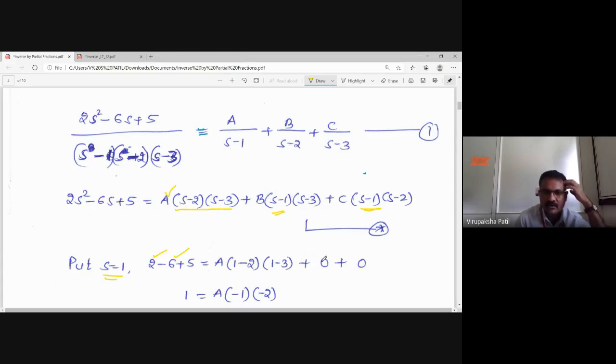Then we have written this directly 0, 0. Actually, this is b into, you will get a 0, then you will get c into, you will get a 0. Because if you put s = 1 here, 1 minus 1 becomes 0, and 0 into this is completely 0. This completely becomes 0 when you put s = 1, and this completely becomes 0 when you put s = 1.